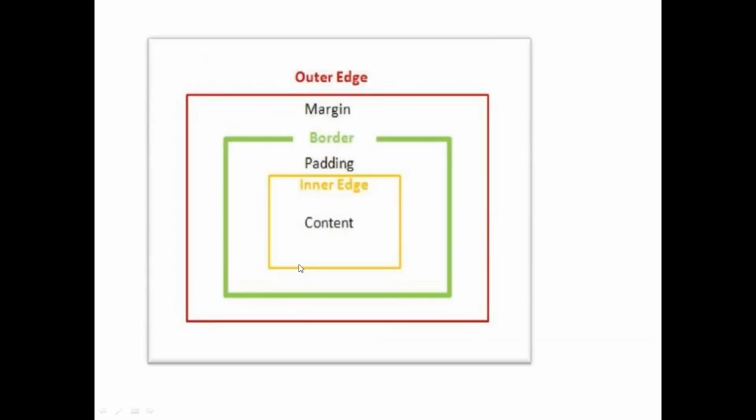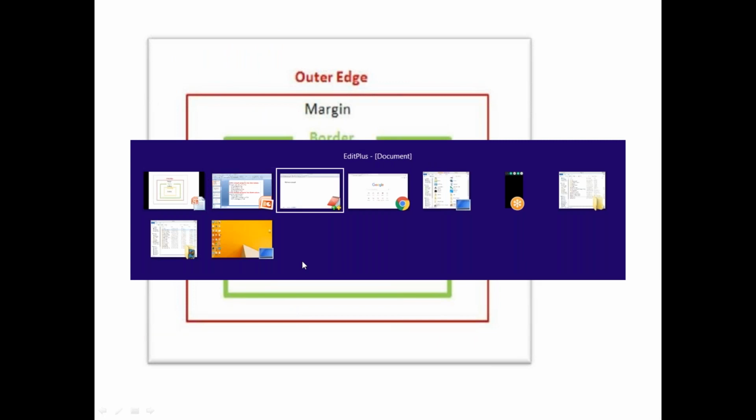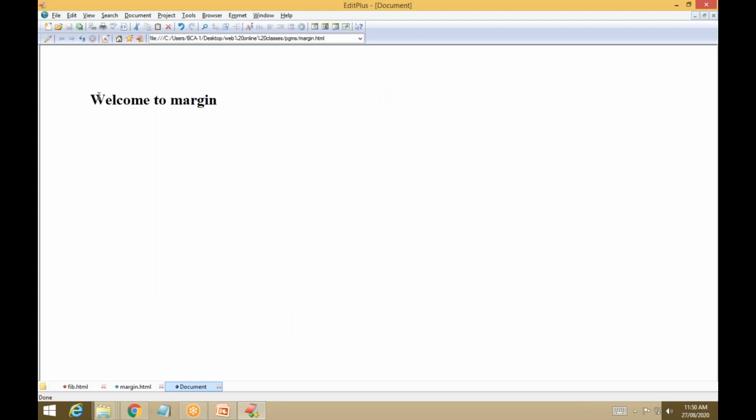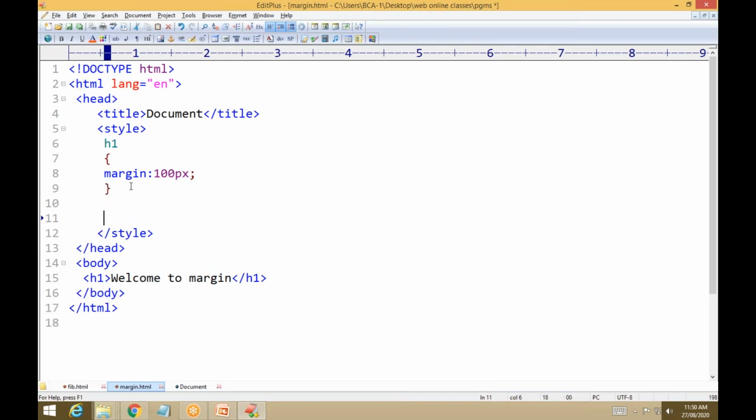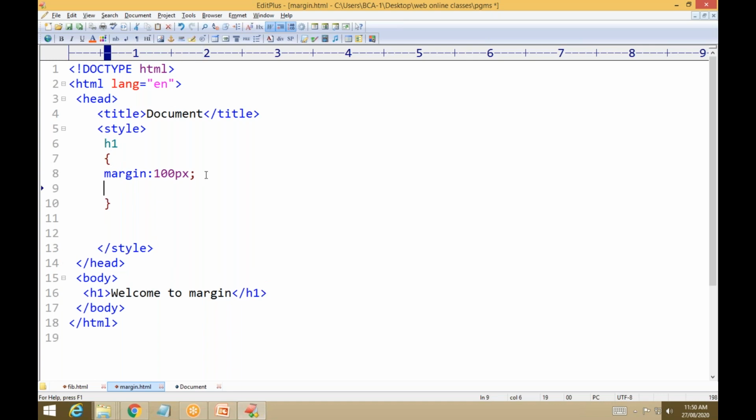So now let us take an example. According to the box model, every element has borders, border colors, border width. I am writing a simple example. You just have to take the element, and inside the element I am writing the border.